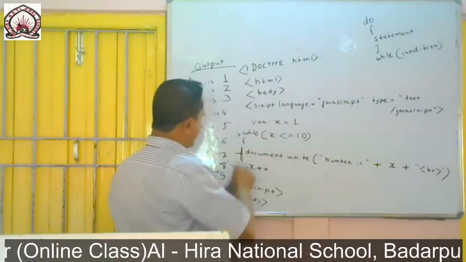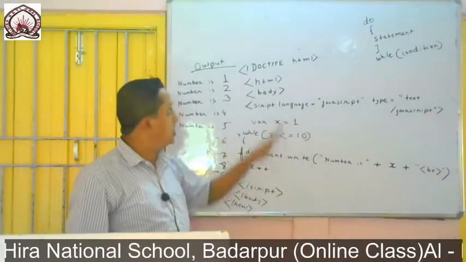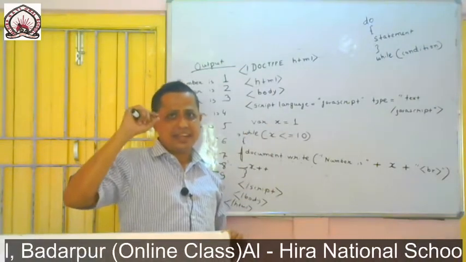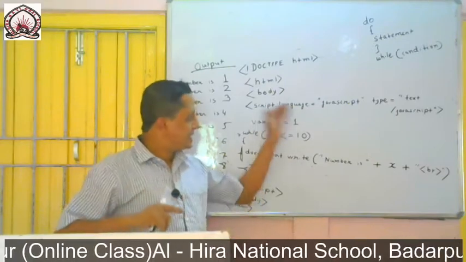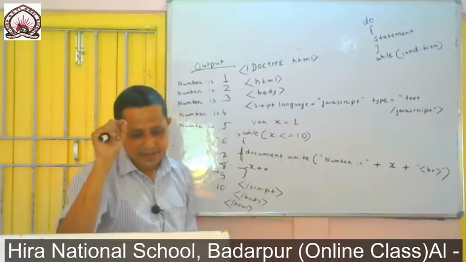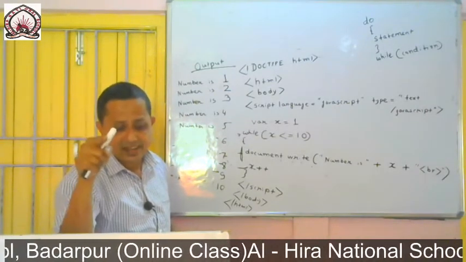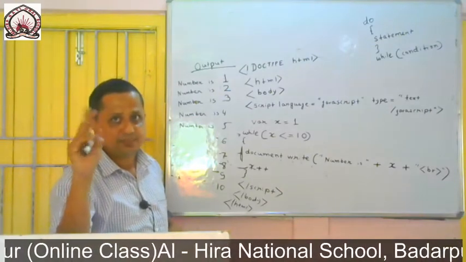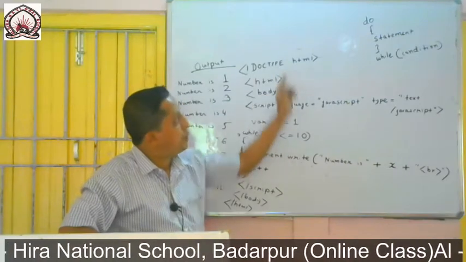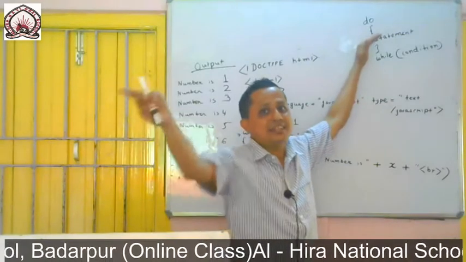Let me do it on the blackboard, because I am doing the whole program in a single blackboard, and you may get a little confused. A similar program is there, but a little different, in your book, page number figure 7.1, and the output is in figure 7.2. You can see this. So I am doing the same program with the help of the do while loop, and the general format is do, statement, and after the statement is the condition.